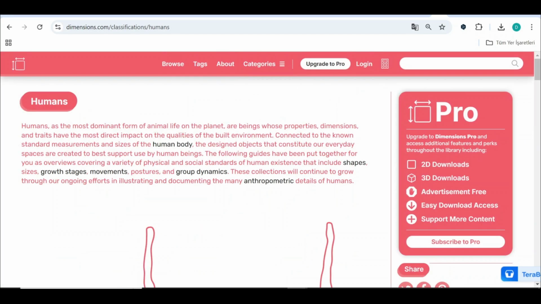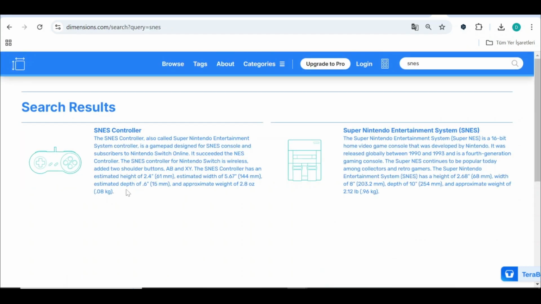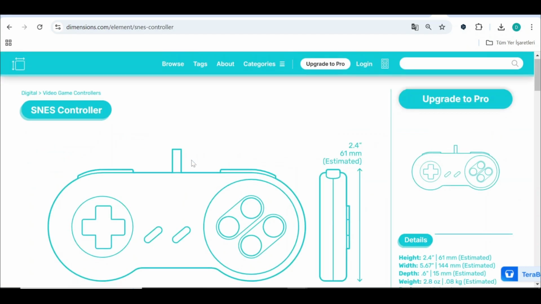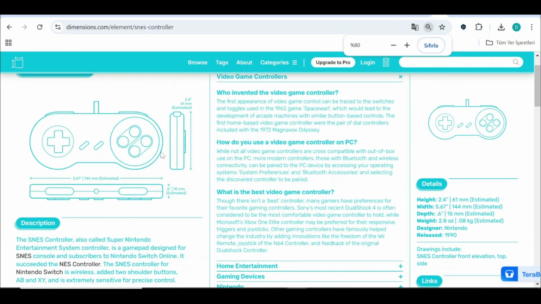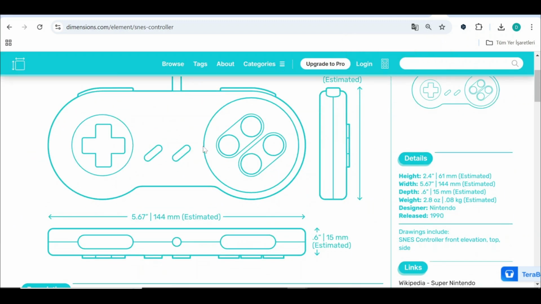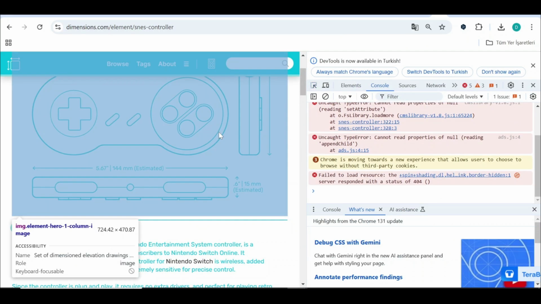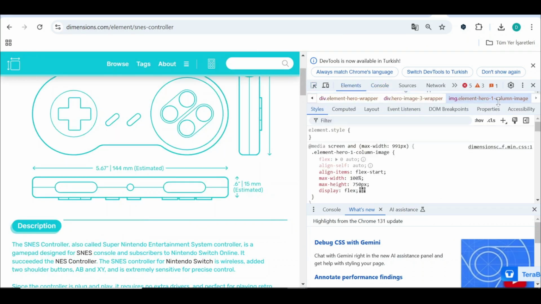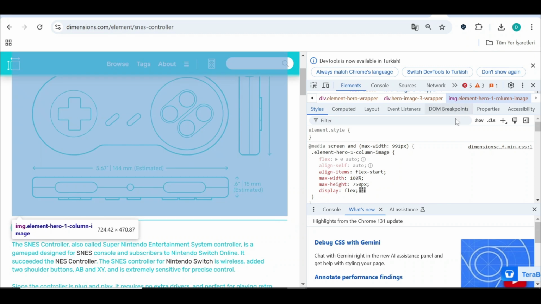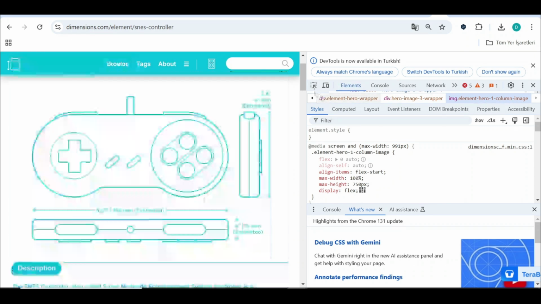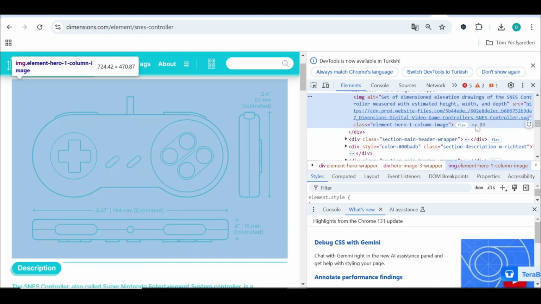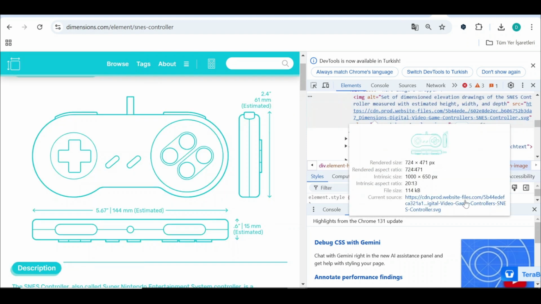We will get the reference images from the Dimensions.com website. We will take screenshots and edit them in Rhino. There are two ways you can do this. The first is by pressing the F12 key and opening the source code of the site. When we press the arrow icon with the Select an Element for Inspect feature, we can click where the image is located, and when we enlarge the page, we can access the area where this image is located and download the image by clicking on it. The second is to capture the screen with a screen capture tool in a simpler way and then use it